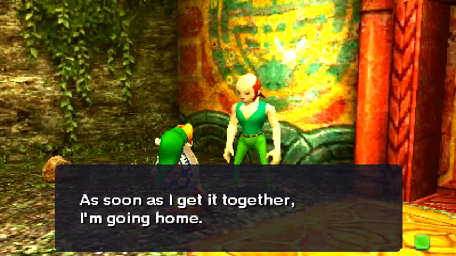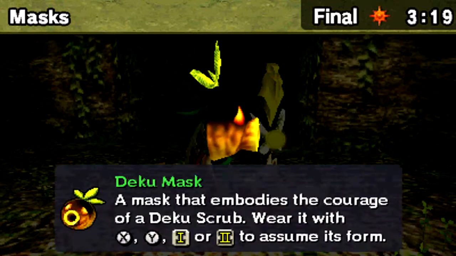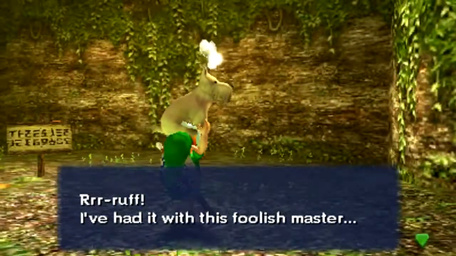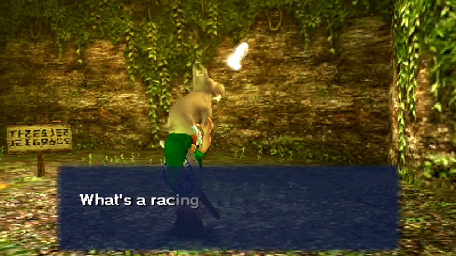And the Mask of Truth returns from Ocarina of Time, and what it does is it allows you to read animals' minds, like what they're thinking. So if I pick up this dog right here,